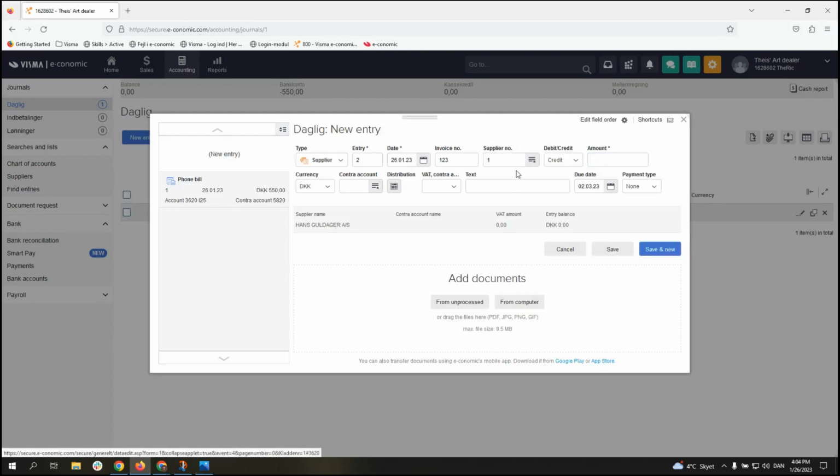When I do that, I can see now that the supplier number gets filled out with number 1. Next up, I'm going to say how much money this invoice costs me. In my case, it costs me 5,000 kroner. So next up is the contra account in here, and we would love to book this one